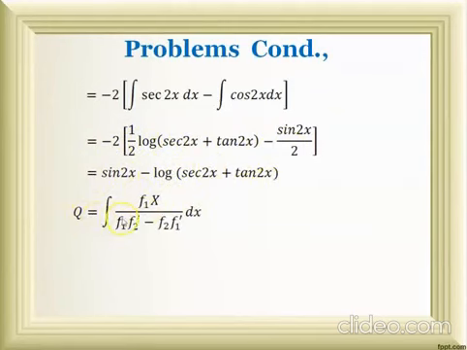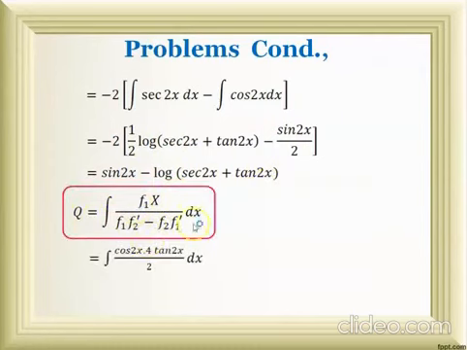Next we move on to Q. The Q formula is here. Next I am going to substitute all those values into this formula. So I have cos 2x into 4 into tan 2x by 2. Here I am opening this tan 2x.